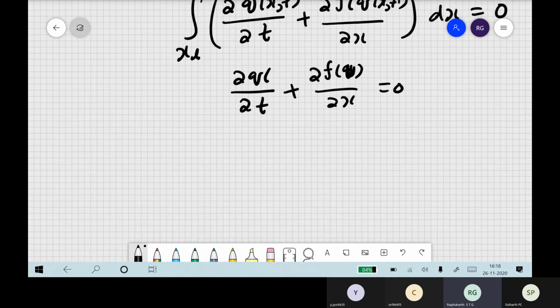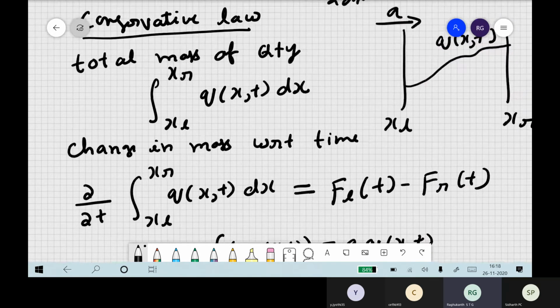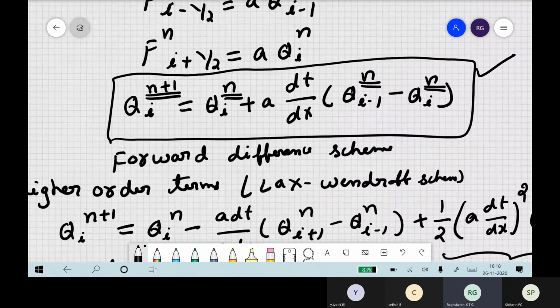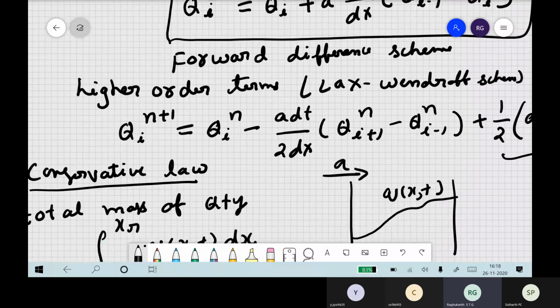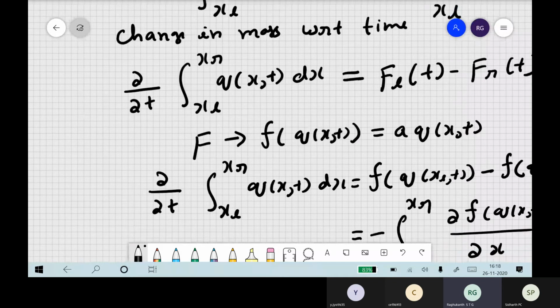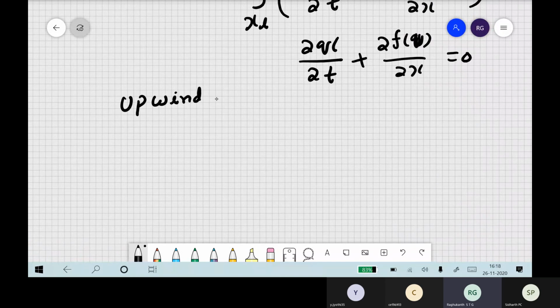So now here there are several schemes. How do we calculate these equations? Like we just wrote this type of equation here, so how do we solve it? There are several schemes. This is one scheme, then the Lax-Wendroff scheme is there. And whatever scheme we derived is also known as an upwind scheme. So this is a special one, I followed it.